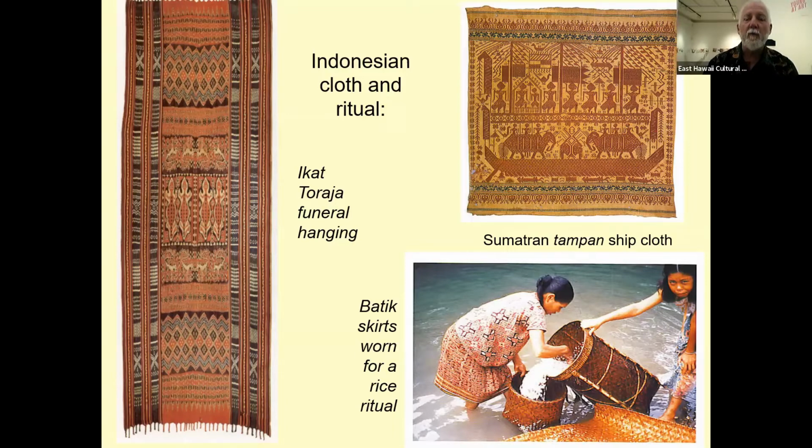Oh, on the upper right there is a Sumatran tampan ship cloth, which is something that is made and exchanged. There are very rigid traditional rules for who you exchange it with. If there's a wedding, you exchange these things. If there's a business promotion or some other big event, it's a traditional way for families to establish connections through a